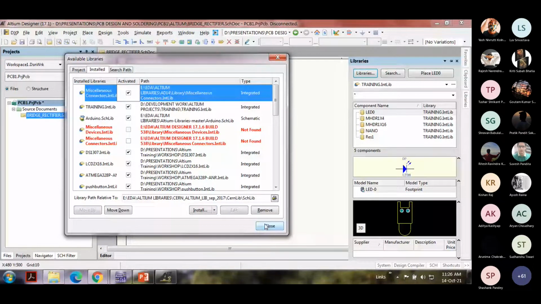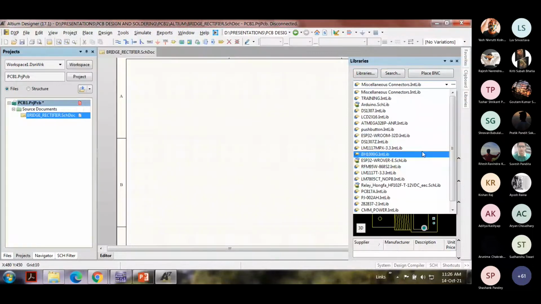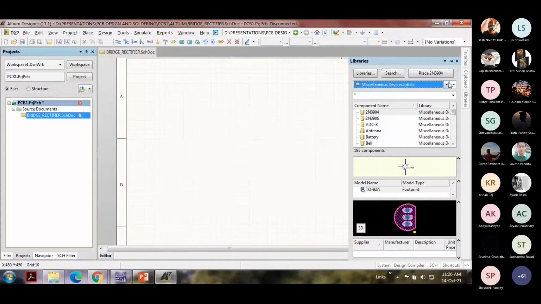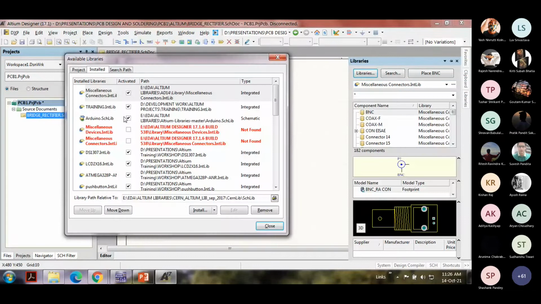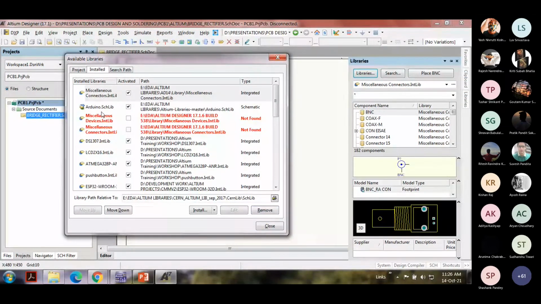So now I have miscellaneous devices and miscellaneous connectors both. See that? For your convenience, I'll just remove the other libraries so that you will not get confused.